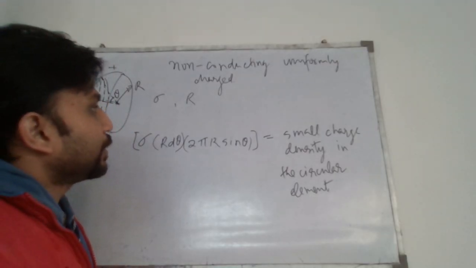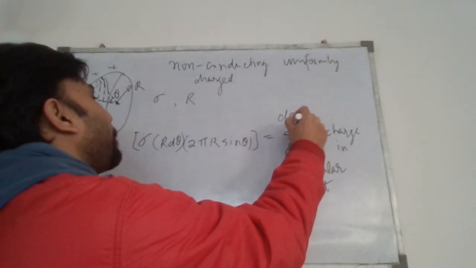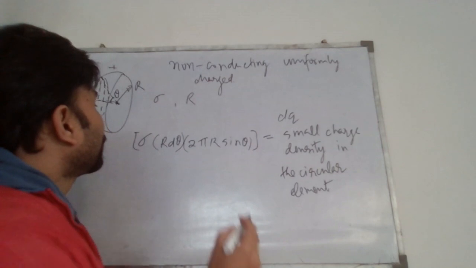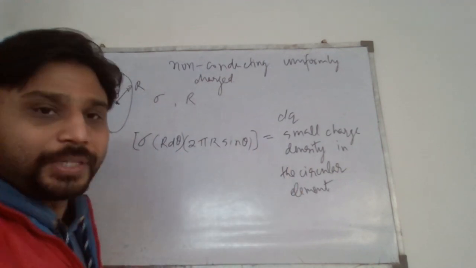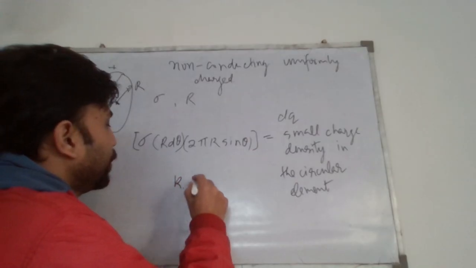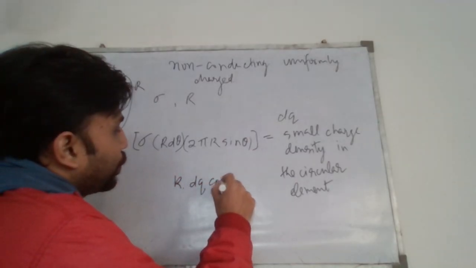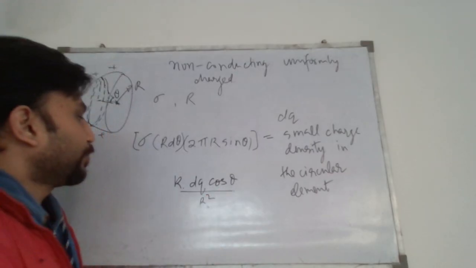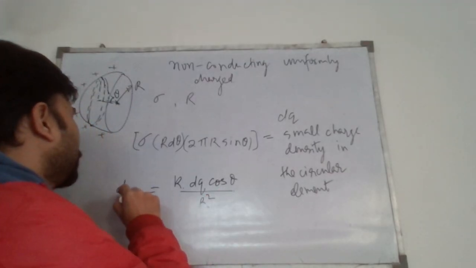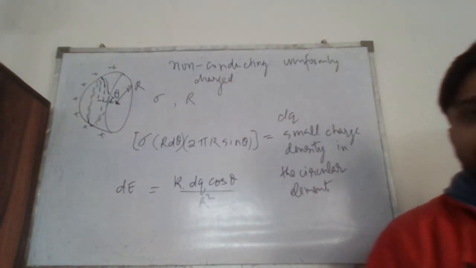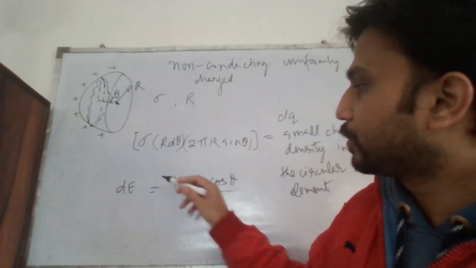Now we want to write what is the field due to this charge element. This was my step 1. The field is simply k dq cos theta upon r square. So if I were to integrate this,